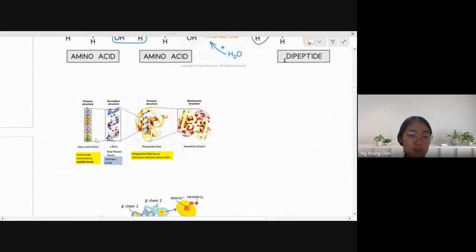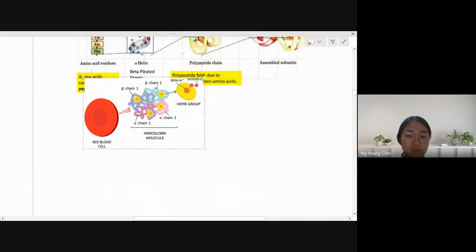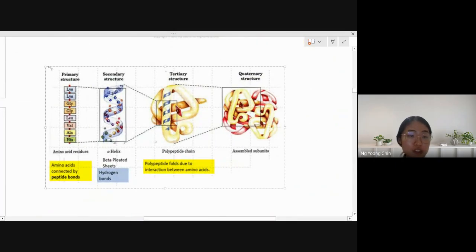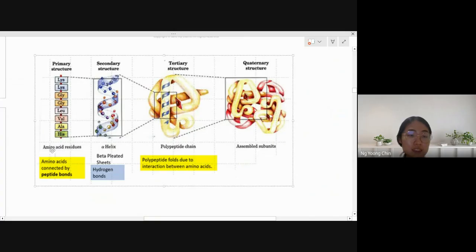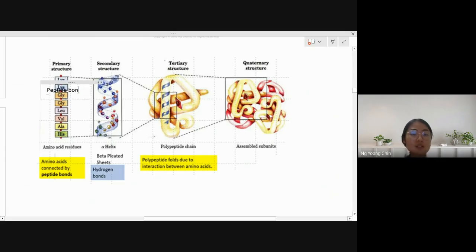Okay, this is a picture. You can see that from the primary structure, the amino acids are connected by the peptide bond. See, between this lysine, glycine, leucine, valine, all are the peptide bond. Then they are linked together by another bond, we call it a hydrogen bond. You learn chemistry, right? In chemistry, you learn about those bonds. So hydrogen bonds help to produce this kind of shape. We call it alpha helix or beta pleat shape.